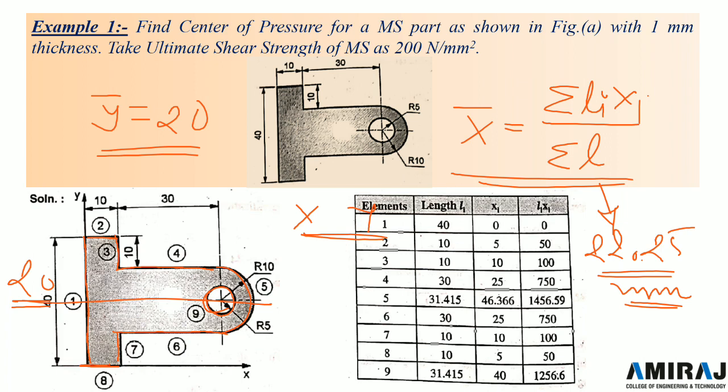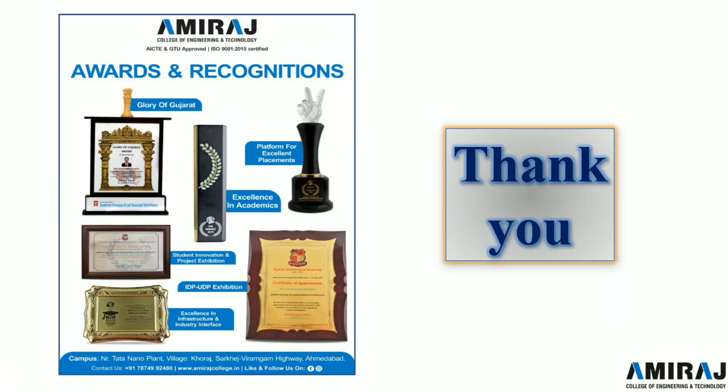As it is a symmetric part, सिमेट्रिक पार्ट है तो इजीली हम उसको आइडेंटिफाई कर सकते हैं. अगर अनसिमेट्रिक पार्ट होता तो we have to find it in a separate way. यहाँ पे शियर स्ट्रेंथ सिर्फ ऐसे ही दिया हुआ है, उसका कोई यूज़ यहाँ पे नहीं है, ठीक है. मेन हमको सेंटर ऑफ प्रेशर फाइंड करना था, सो वो हम इस वे में कैलकुलेट कर सकते हैं. So this is it for today's lecture.